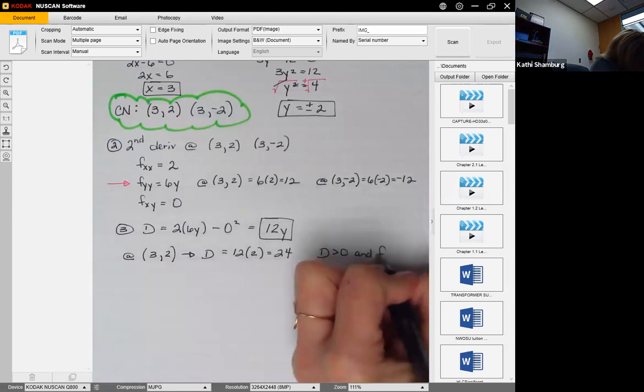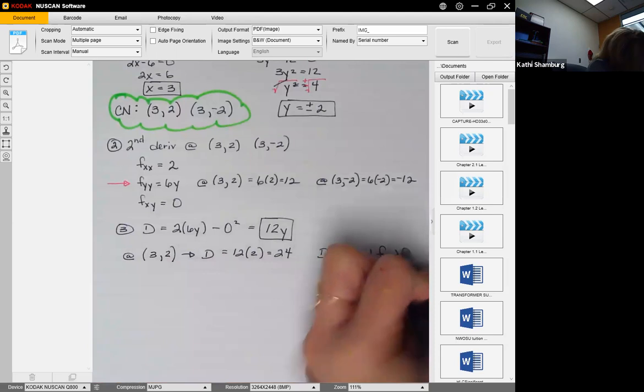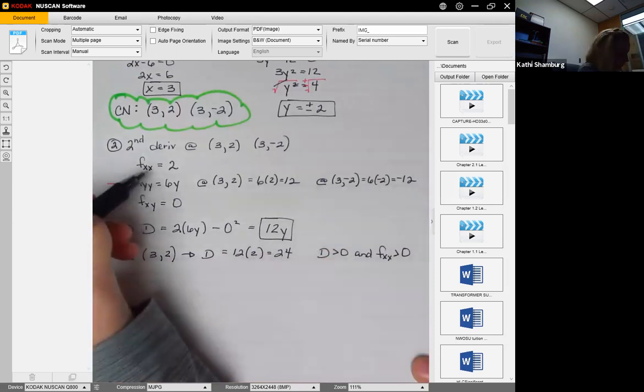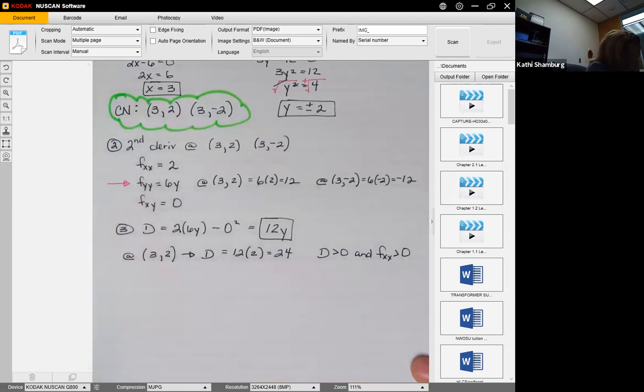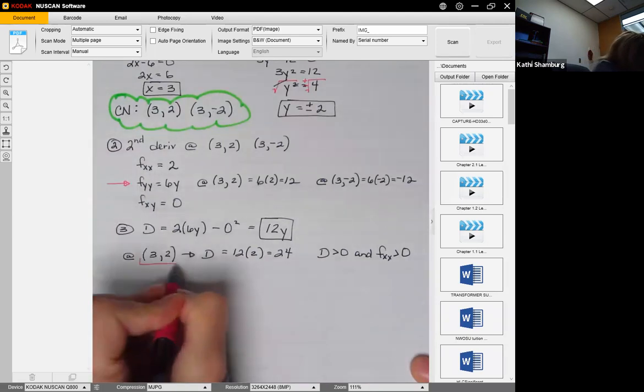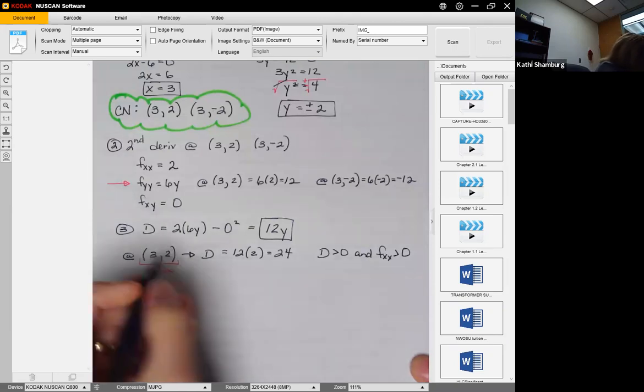And f_xx is greater than 0. And so if they're both greater than 0, then that tells me that this is a minimum. And it is a minimum at